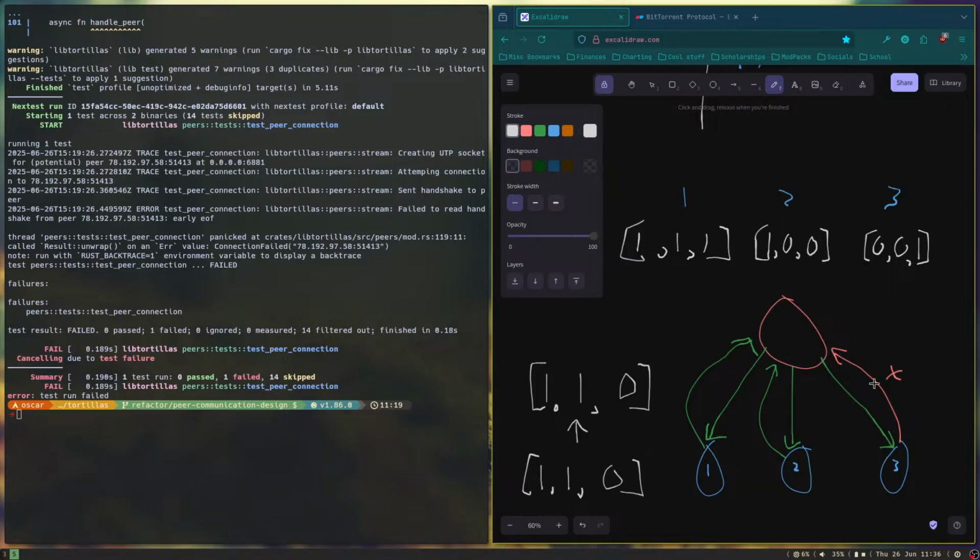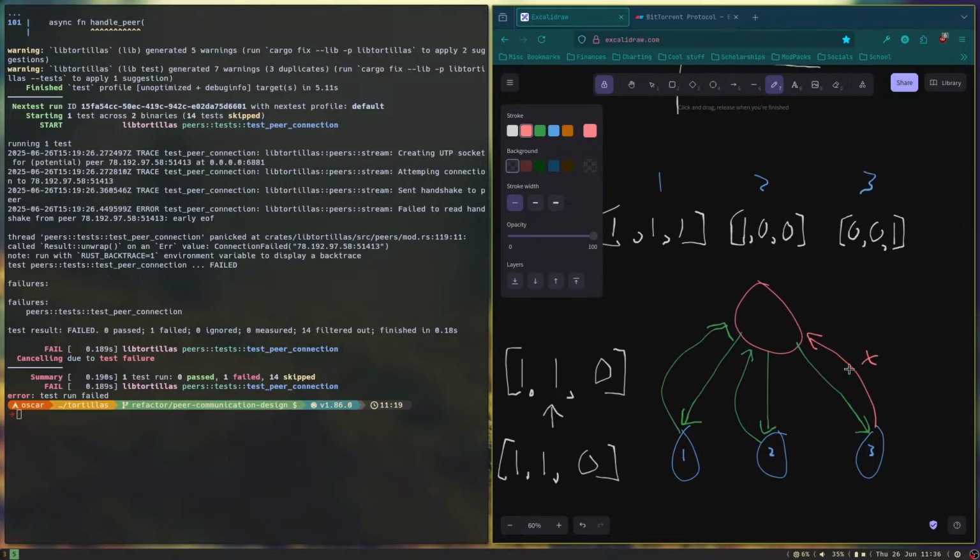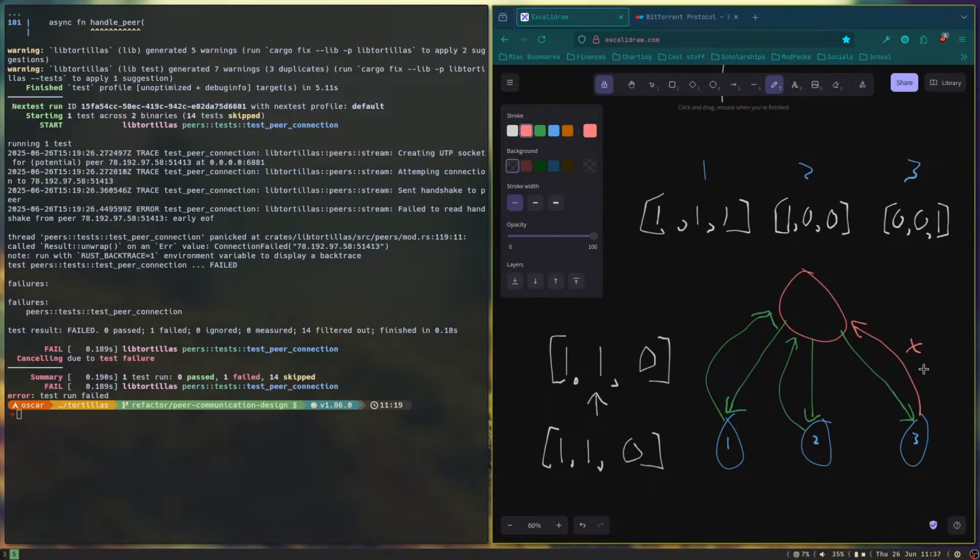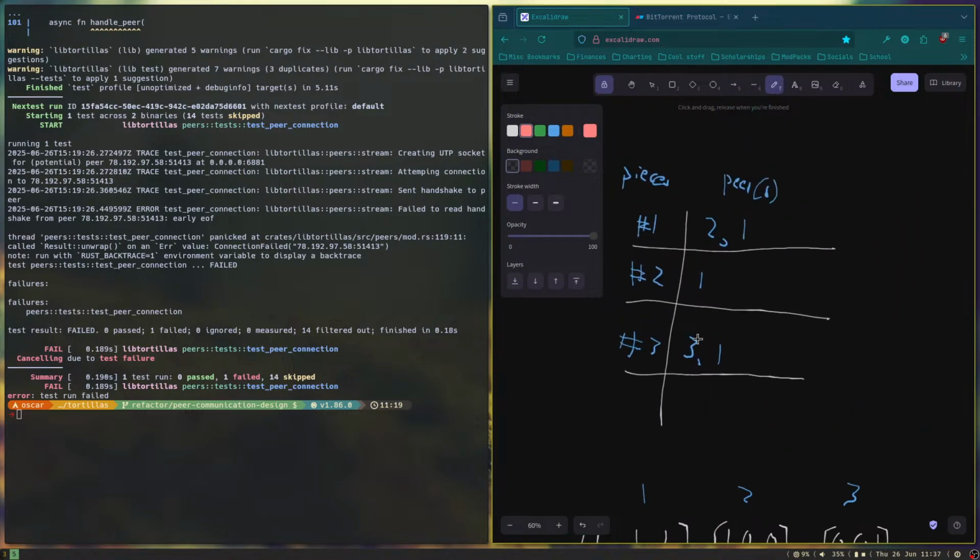Okay, so maybe once we know that 3 has failed, because it either timed out or something went wrong with the transport, we include the piece number. We say, hey, we couldn't get the third piece from peer 3, so we need to request that piece again